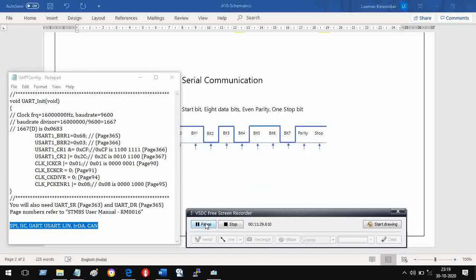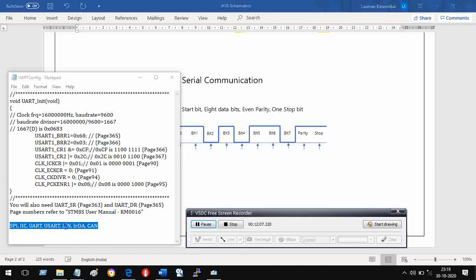Friends, you see at the bottom here, there are many different types of serial communication processes supported by the microcontroller that we have chosen, STM8S003. It supports SPI, Serial Peripheral Interface, IIC, which is Inter-IC Communication, UART, Universal Asynchronous Receive Transmit, USART, Synchronous Asynchronous, LIN.